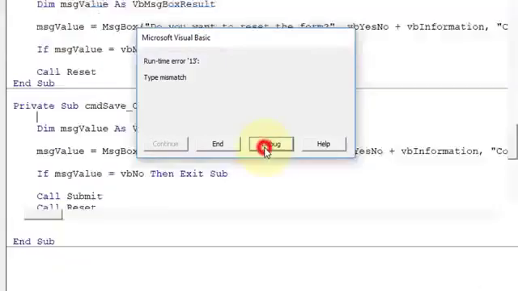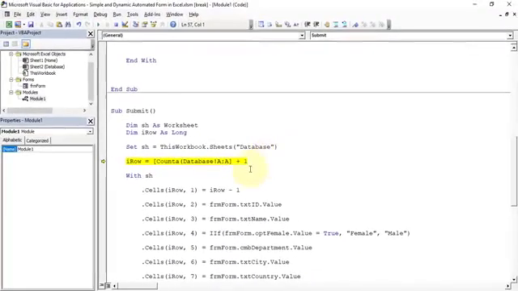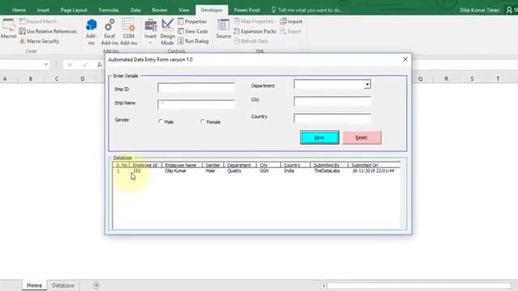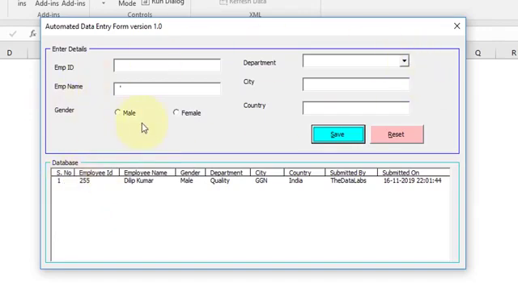Yes. I think there is some error. Okay, so we forgot to close the bracket here, so let's put the bracket over here. Now you can see that this particular line of code has started working. Let's add one more, 582, India.